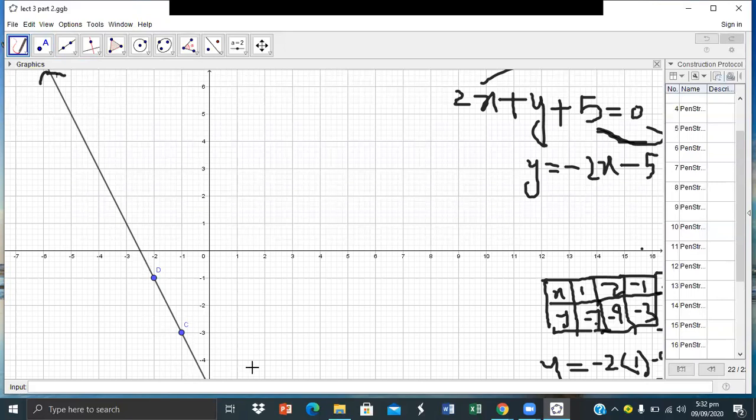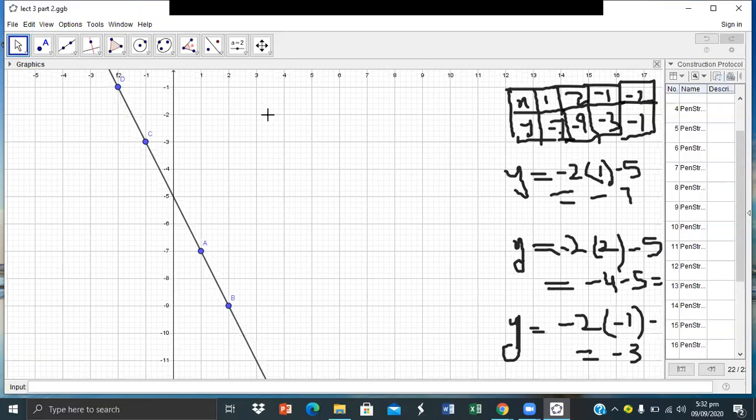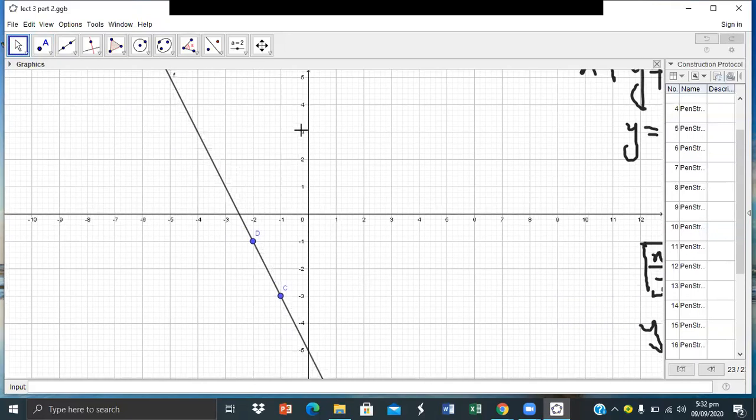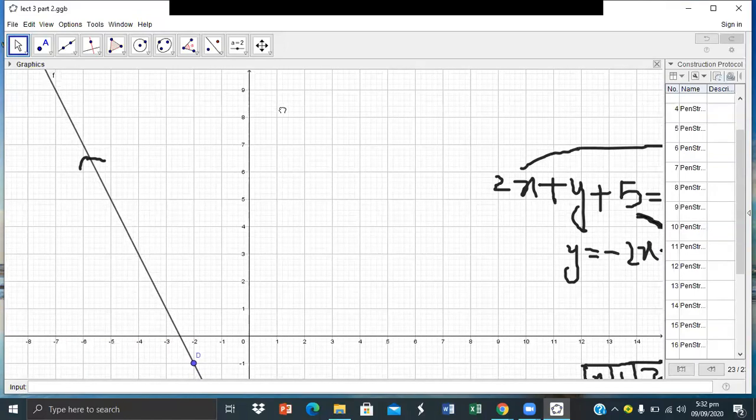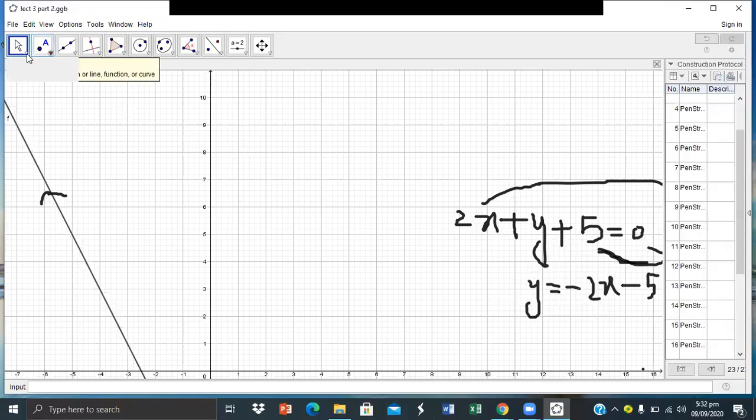Draw the arrow here and draw the arrow on the downward side of the page. And this line is continuing. And then the most important thing, you have to write the scale. If you can see 5 small boxes representing 1 on the x-axis as well as the y-axis, so we write the scale as